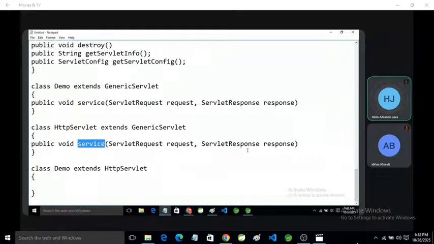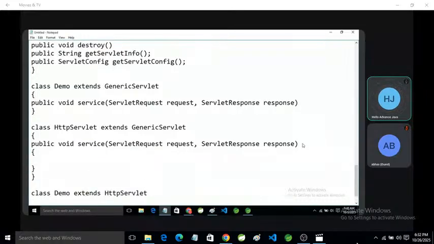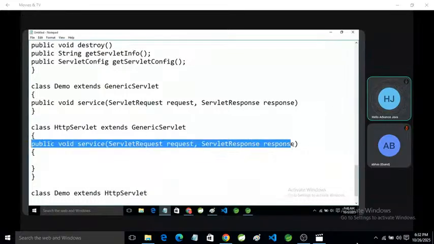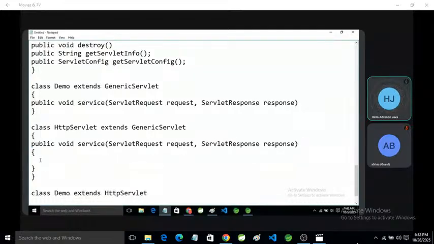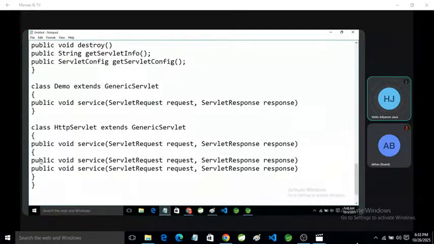For this purpose, the service method of HttpServlet provides us two additional service methods, named doGet and doPost.